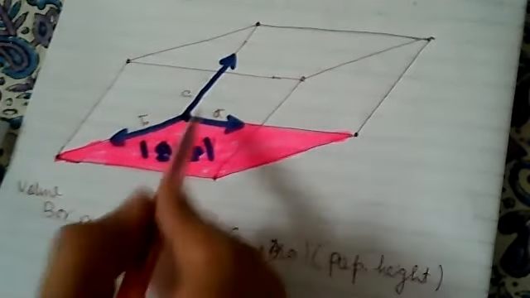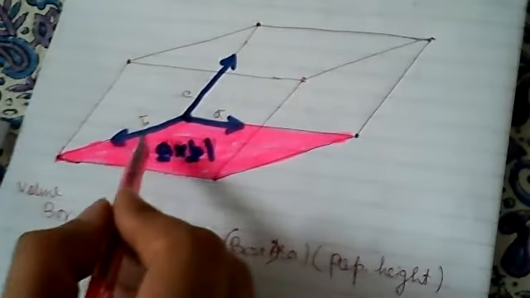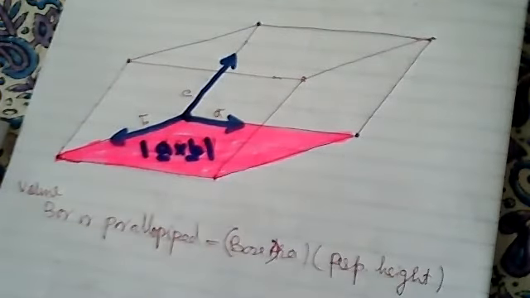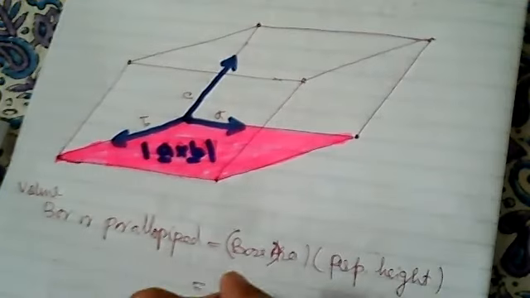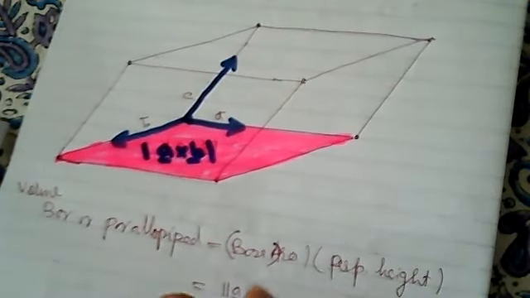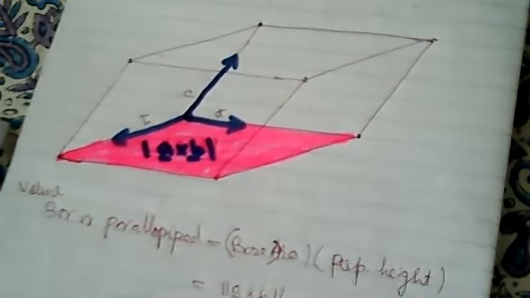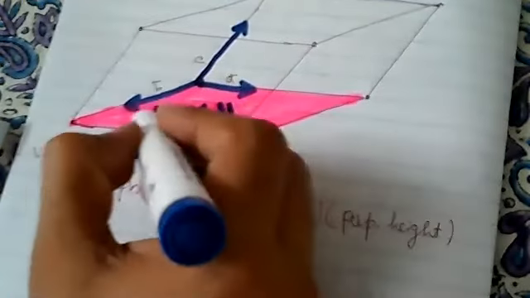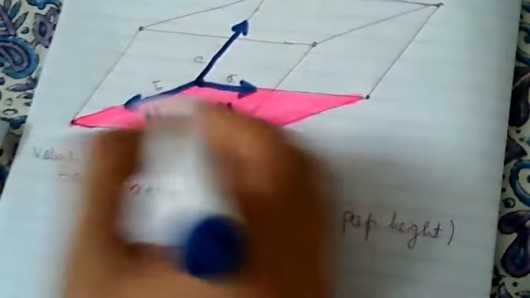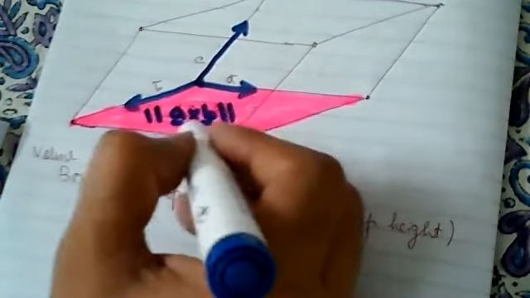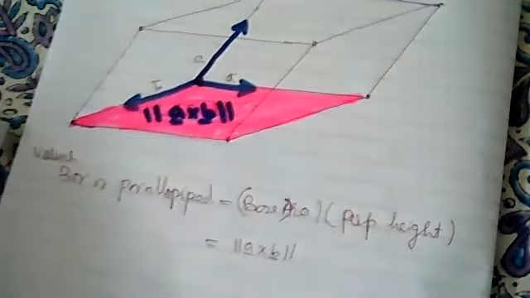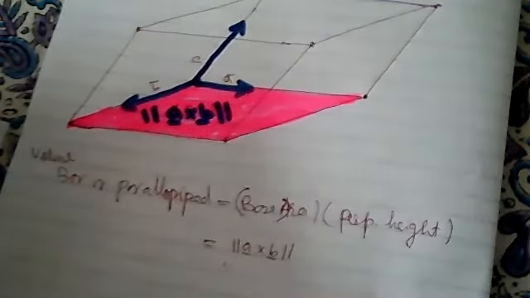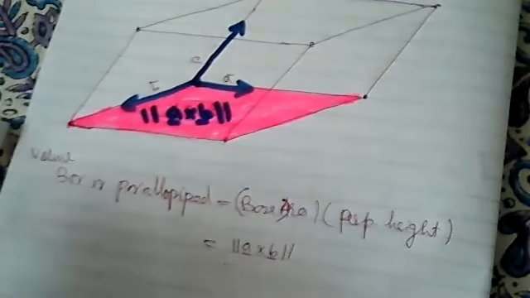So base area is this one. Now the problem is the perpendicular. This is the base area, the magnitude of A cross B. B and A are the adjacent sides. When you take the cross product and magnitude, this will be the area of this parallelogram, by using the geometrical interpretation of the cross product.